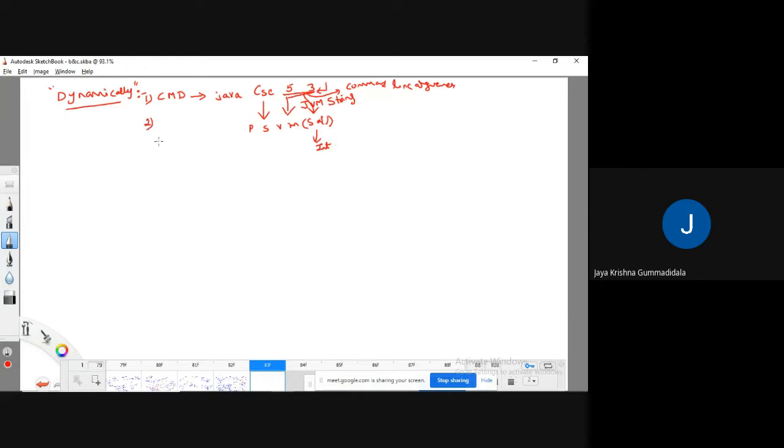There is one more way: we can use the concept of the Scanner class. Scanner is a predefined class, and through this class I can read data from the keyboard.